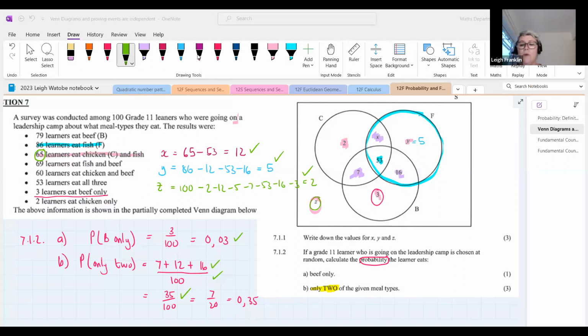And Ntlanhla, good question. So Ntlanhla's DM'd me and he said, what if the question said, calculate the probability that they eat at least 2 meal types? Good question. Okay, so probability of at least 2 means 2,